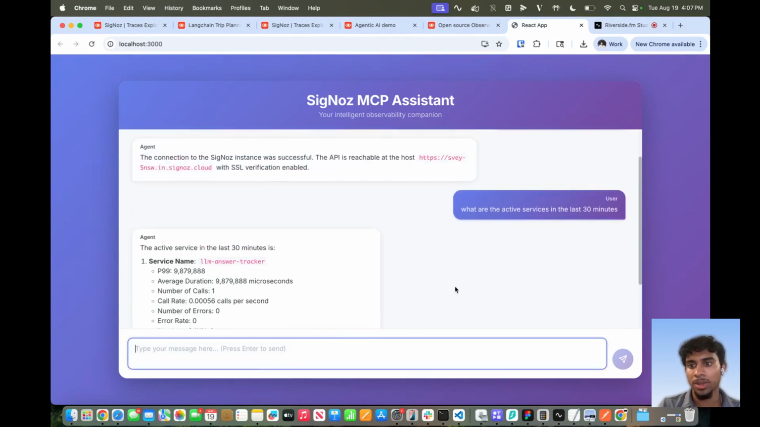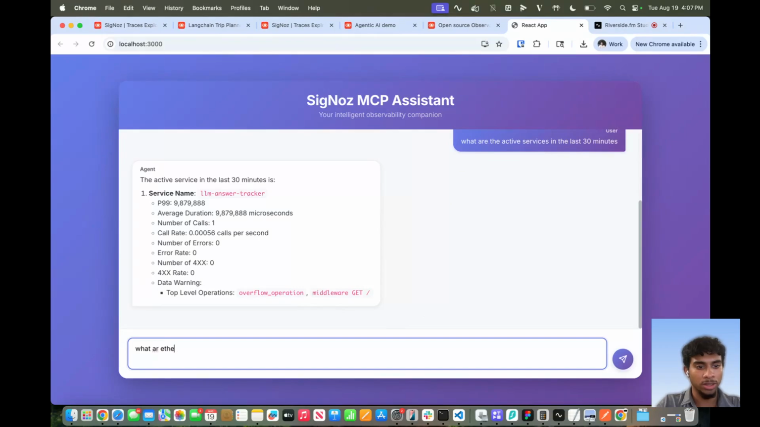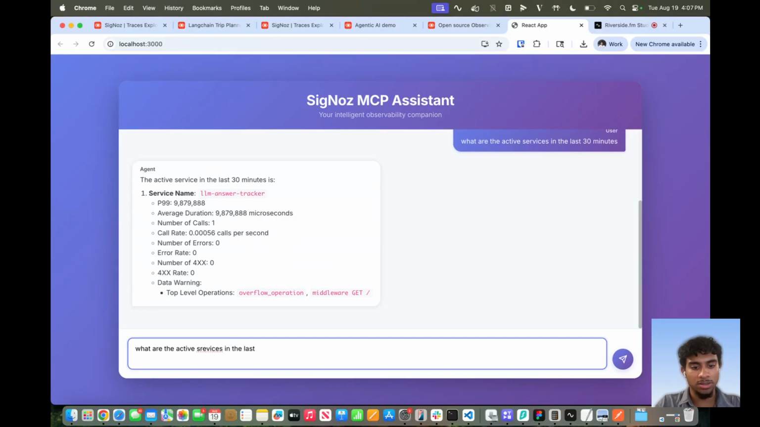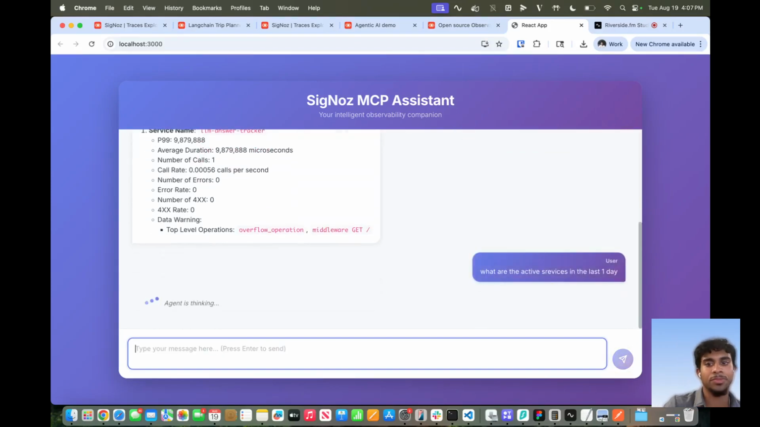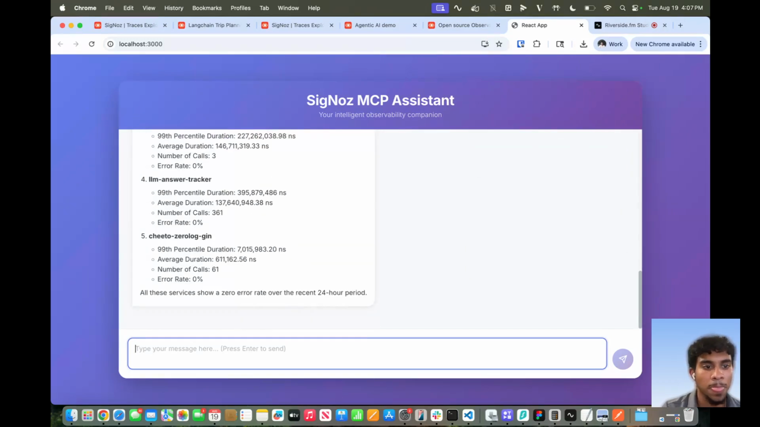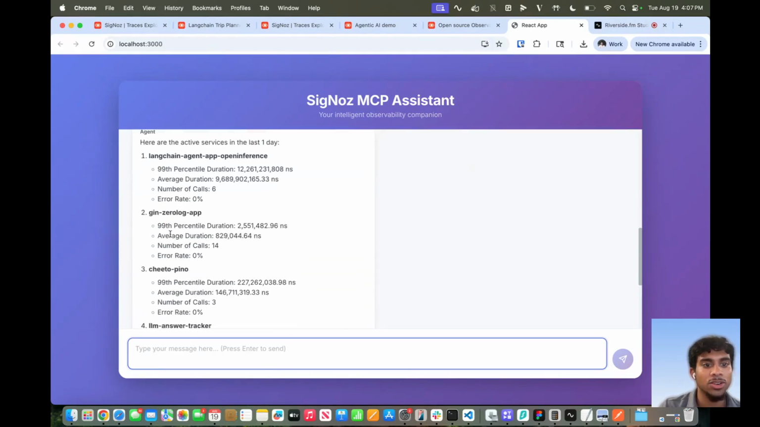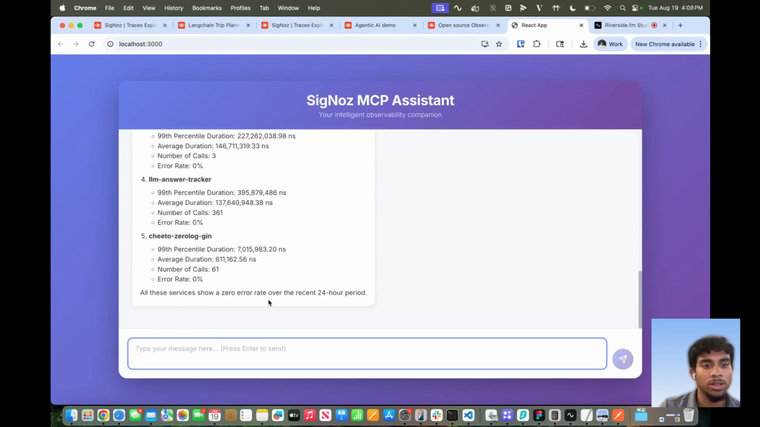Let's try even better, and let's say what are the active services in the last 1 day. Hopefully we should be seeing a list of even more services now. Yep, and as we can see, these are all taken from our specific instance that I've fed into the configuration